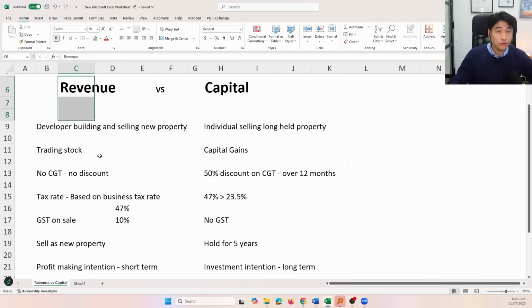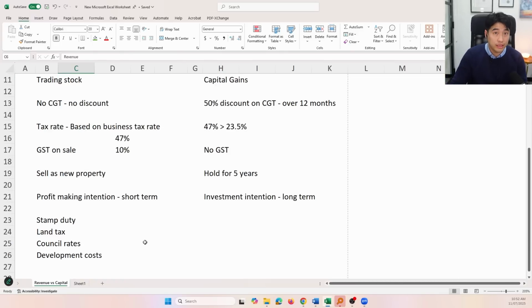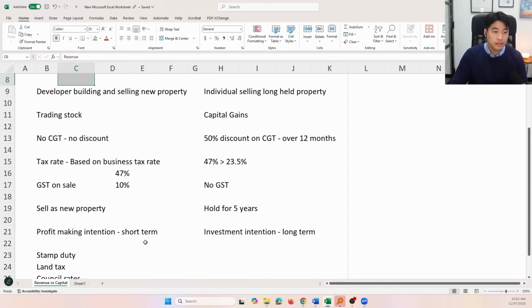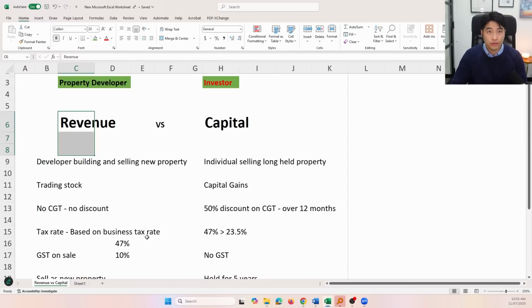Revenue is when you buy it with the intention to knock it down and rebuild a new set of apartments or a new set of duplexes or a new house. But there is an exemption. If you decide to move into it and you're buying a property for your home, the ATO cannot say that you're running a business. Very similar to this calculator.